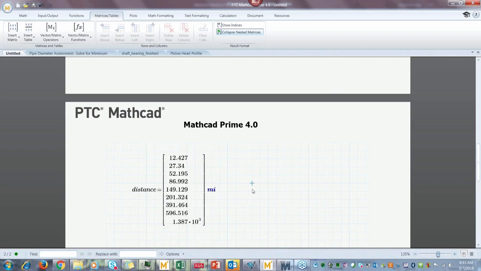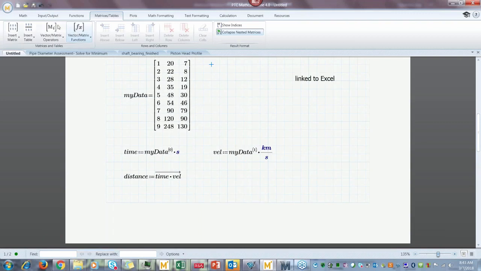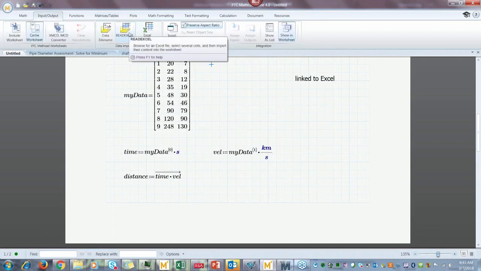Okay, that's how we bring data in from Excel. It's really simple, really straightforward. We just use that button on the Input Output tab, click on Read Excel. And this Read Excel function